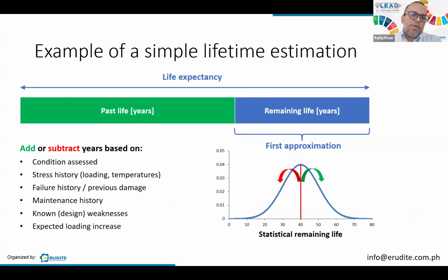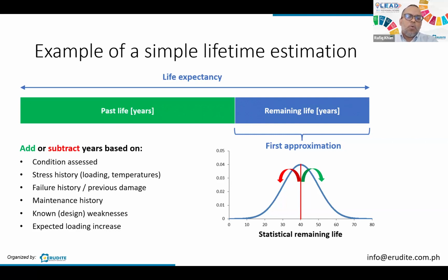So here's an example of a lifetime estimation. A lifetime estimation is normally based on design. So what is the equipment designed for? And they also have some laboratory testing, artificial aging, for instance, applying some form of stresses to the equipment, and then they determine the lifetime. This is an approximation only. It's a statistical type of remaining life. So it doesn't say that an asset that is in use today, 40 years later, is definitely going out of service or is going to fail. But it is based on, like I mentioned, design, laboratory testing, and nowadays sometimes also a lot of simulation work.